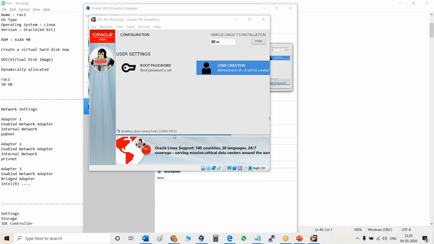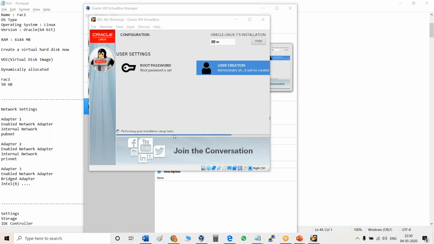Because for 12C database installation, at least 4.2 GB is required. Less than 4.2 is very difficult. It will take too much time. If your processor is i3, i5, or i7, I have an i7 9th generation laptop, and its RAM is 16 GB.